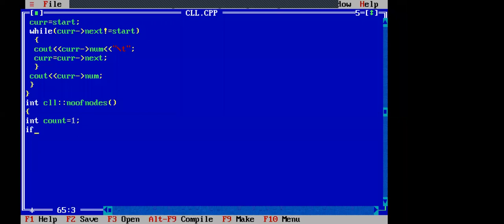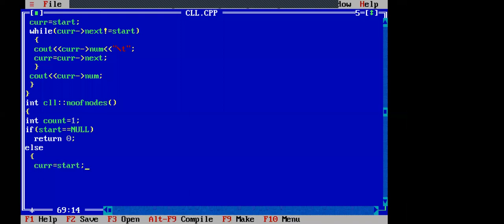If start equal to null, return 0. If start equal to null, the list is empty. When the list is empty, there are no nodes. Otherwise, you have to check from the first node, so current equal to start.